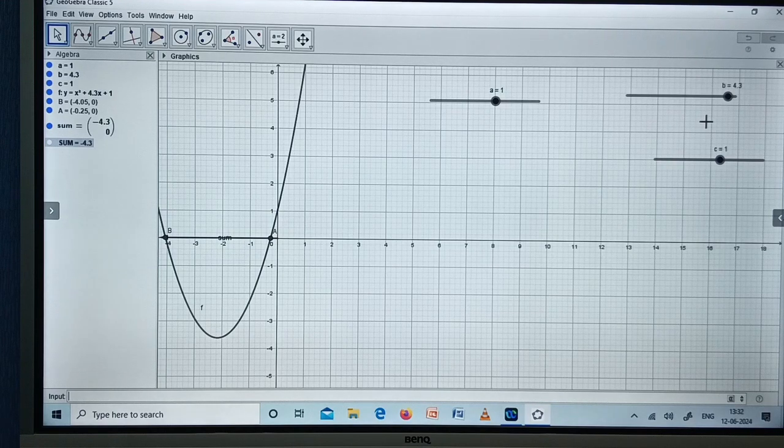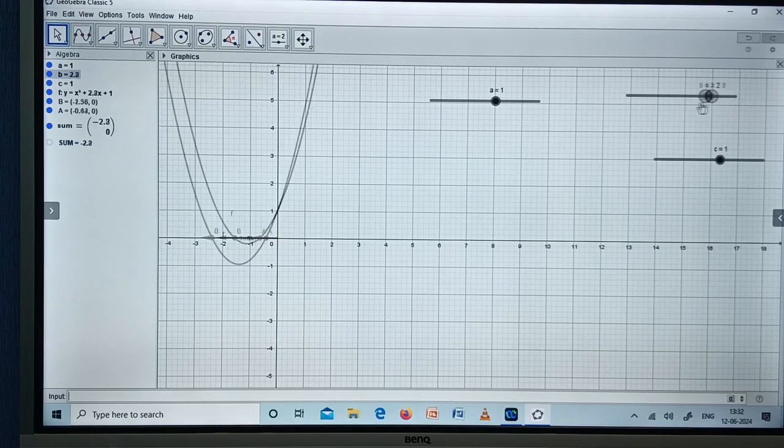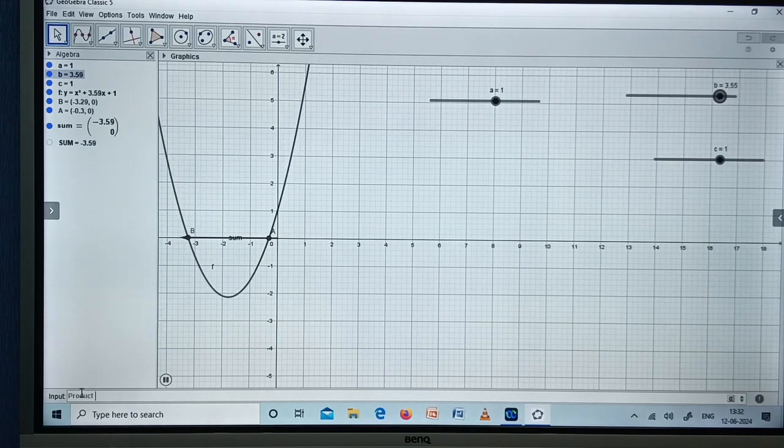So the sum of the roots of a quadratic polynomial is minus b by a, and we also saw in the earlier video the product of the roots is c by a. Okay, so let me now find product of the roots. So now I'm writing product equal to, what are the roots? A and B. So A star B. So what is the product?